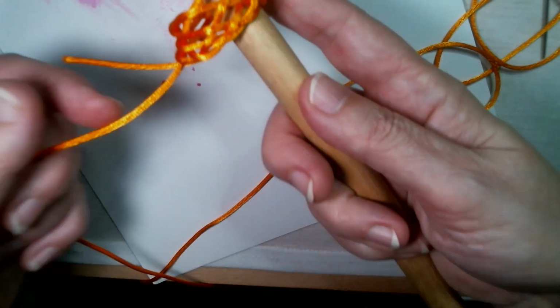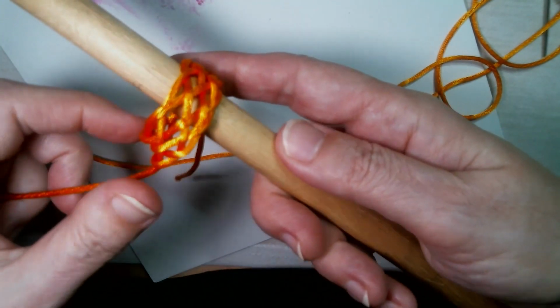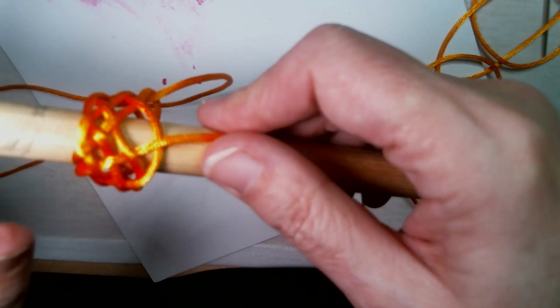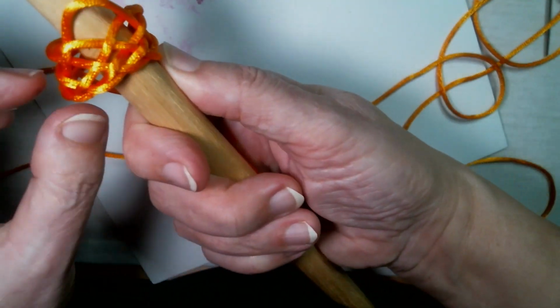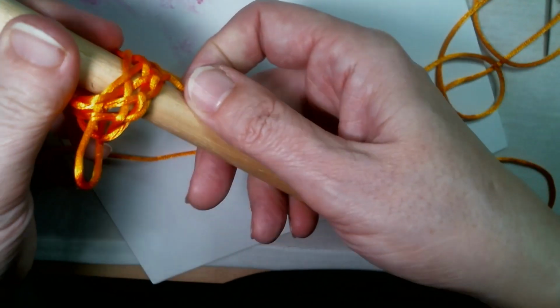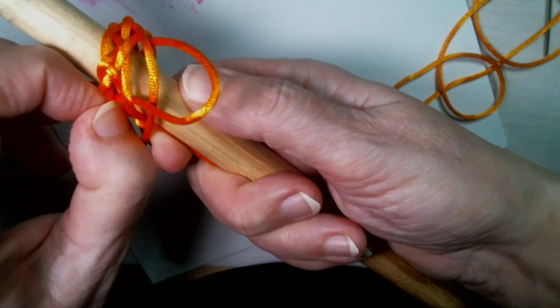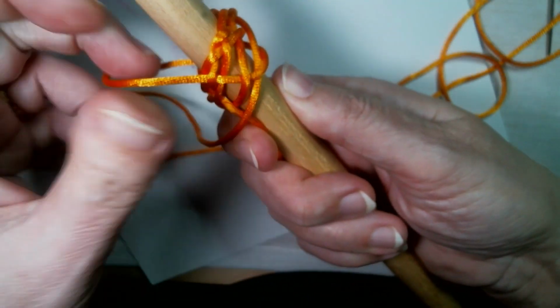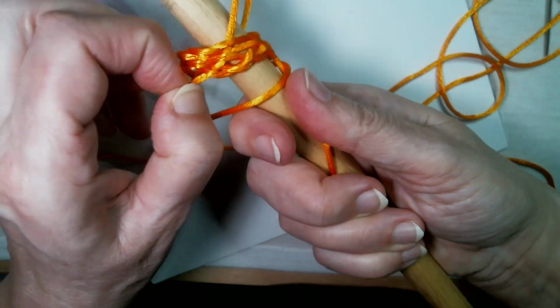What I'm going to do now is take this. This is even smaller, and I'm going to do the same again. So we'll pull that. See, I've got the short length, I'm holding it there and then I'm pulling this way, because you can end up not right in the middle of your cord and you lose the length then if you want to do something with it. You can see I'm pulling it through again, I'm following it. You can see it comes up there,